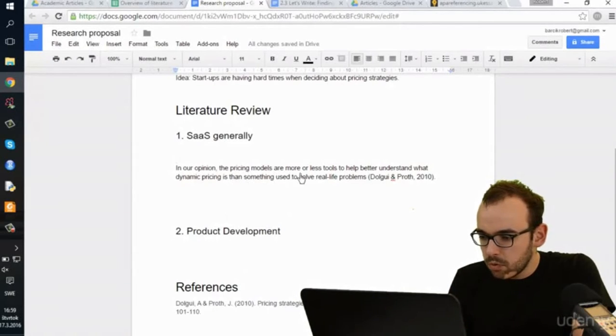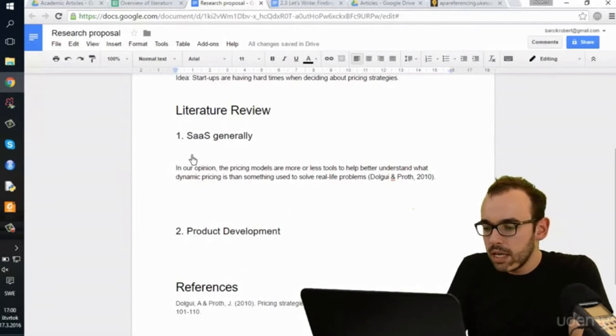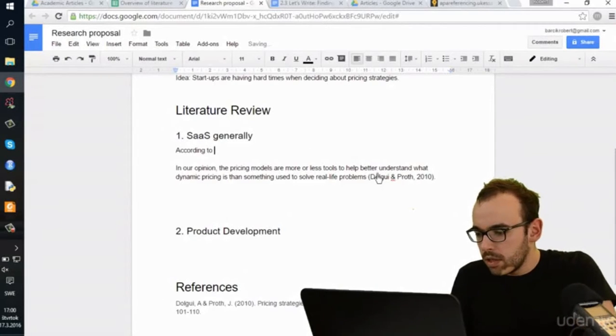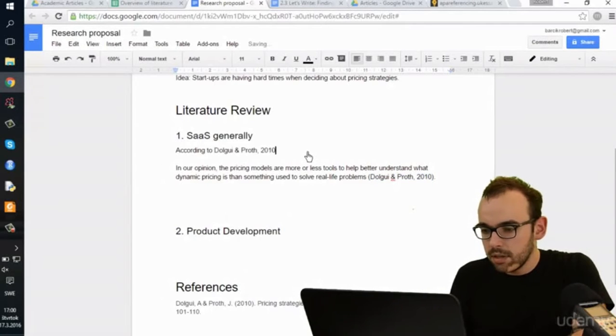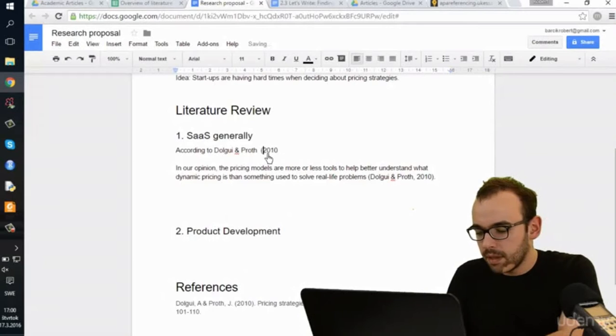The pricing models are more or less tools to help better understand what dynamic pricing is, than something used to solve real-life problem. How would I rewrite this sentence in my own words? So, according, let's do it like this. According, I cannot write anymore. According to Dolgui and Prof 2010,